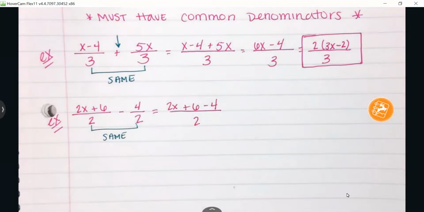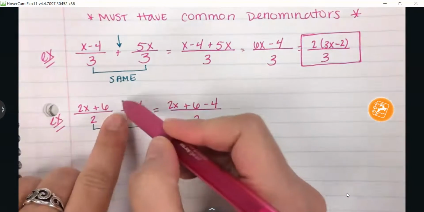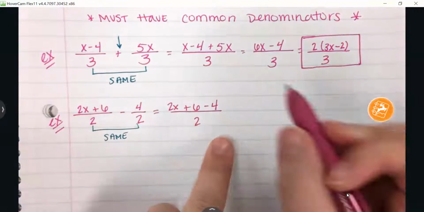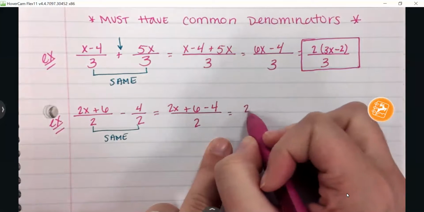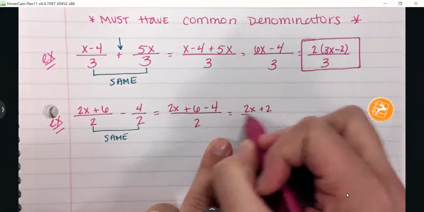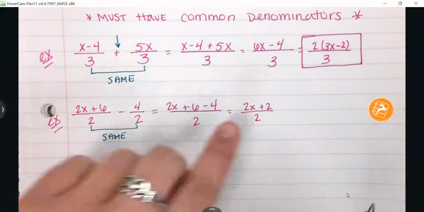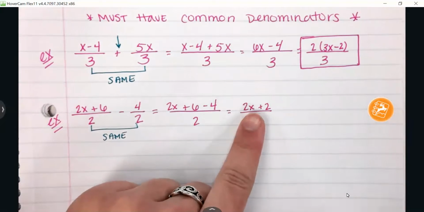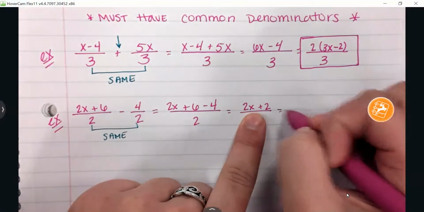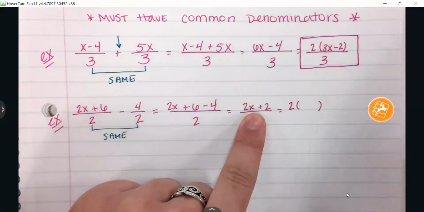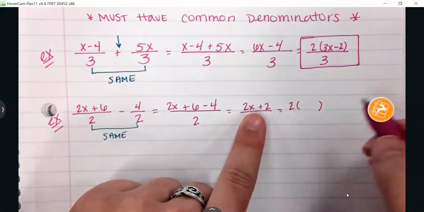Why do I have a minus 4? Because this is a minus sign, so I have a minus 4, which would give me 2x plus 2. Looking at the numerator, what number can I take out of there? Okay, so if I take a 2 out, what will be left over? x plus 1